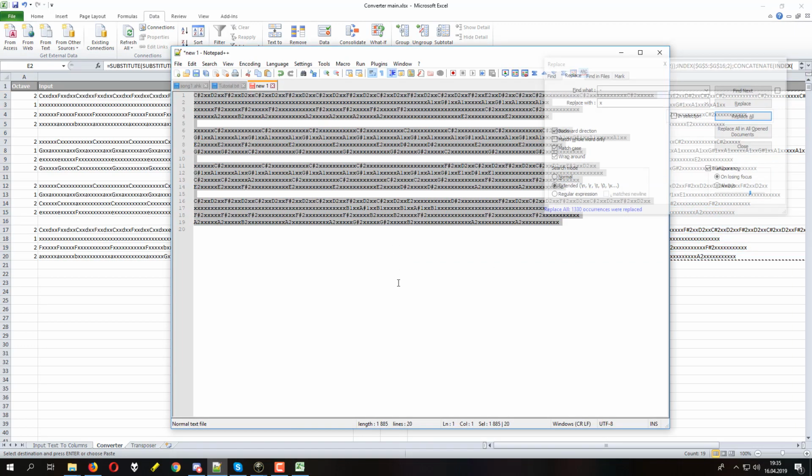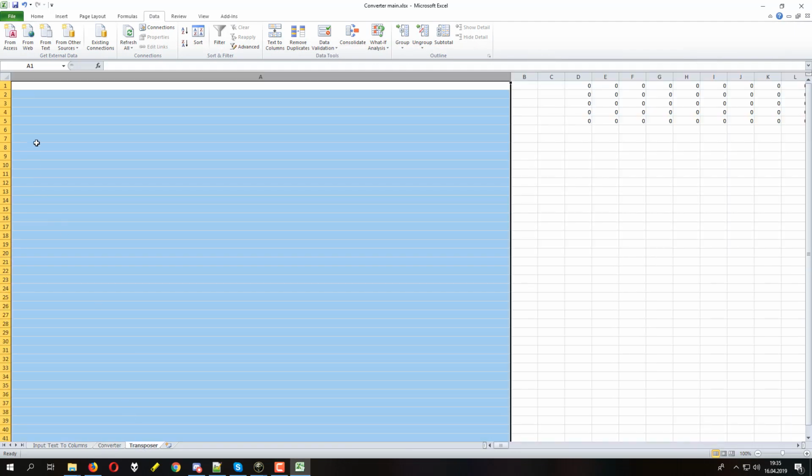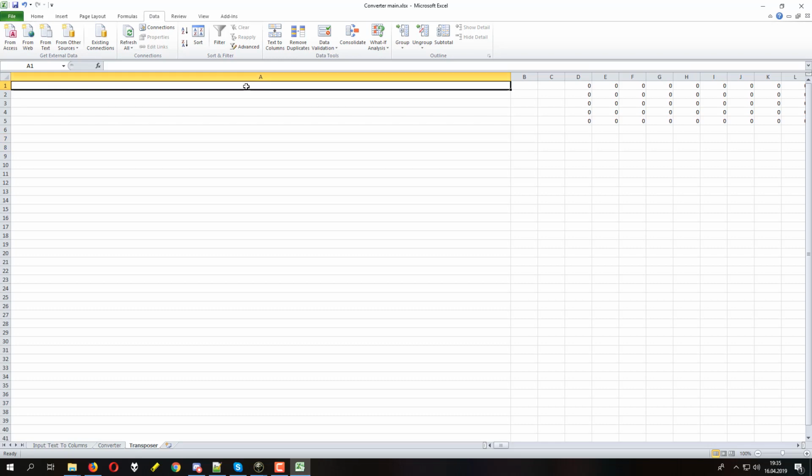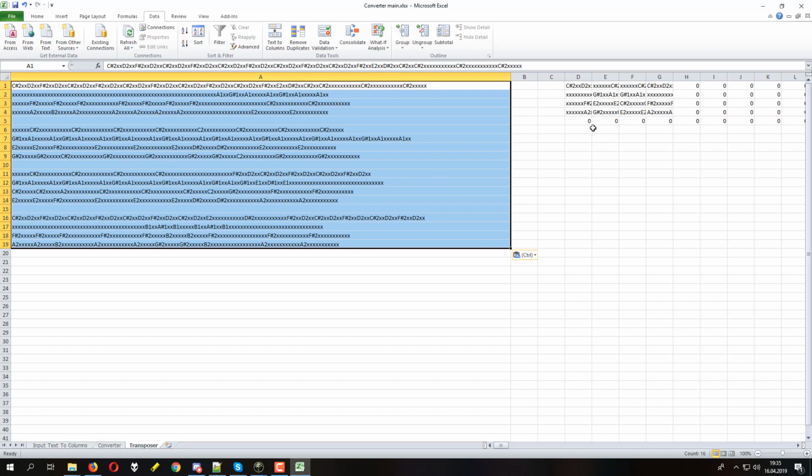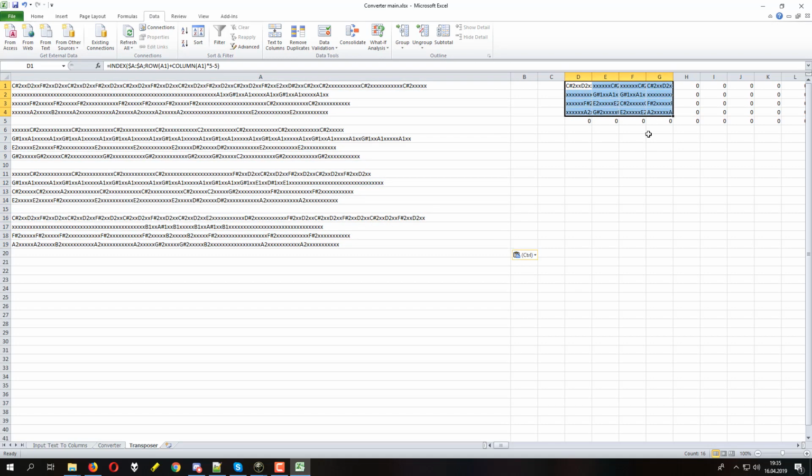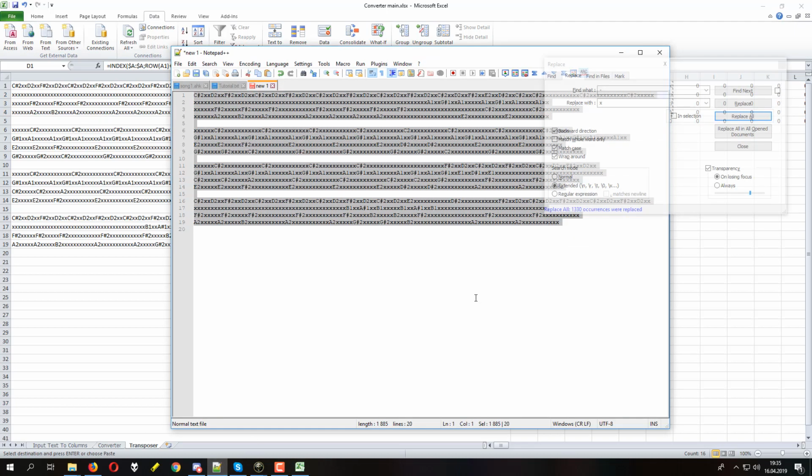Paste it to Notepad. From Notepad, paste it to last tab, which is transposer. You start in A1, and here you can copy your output. Okay, again to Notepad,